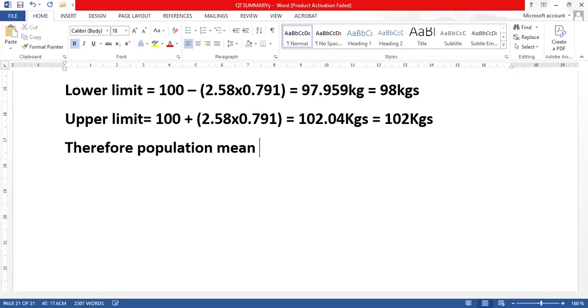Therefore, the population mean is between 98 kgs and 102 kgs. Or other people, how they do it is that they can say 98 kgs,